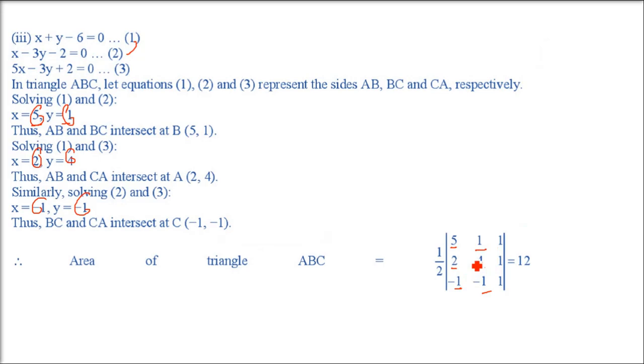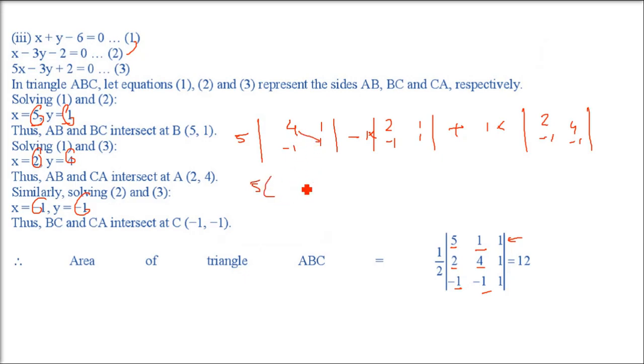Let us solve it. Whenever there is no 0, we'll do the ideal method. We'll always go by the first row. So this is 5, and if you remove the row and column, 4 minus 1 1 1 will remain. Now coming to minus 1, the second value of the first row. What is remaining? 2 minus 1 1 1. Now plus 1, I'm not taking 1. Just all the values not from this row and column, 2 minus 1 and 4 minus 1 will come.